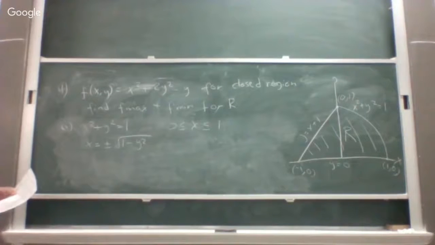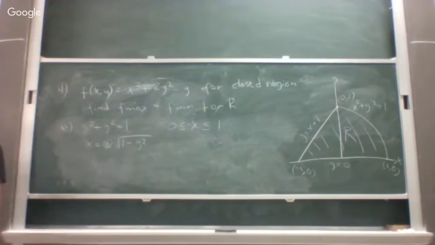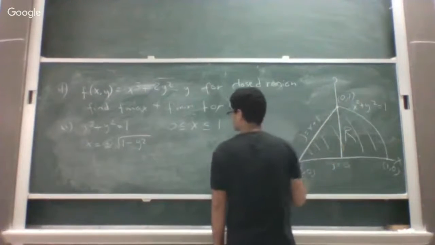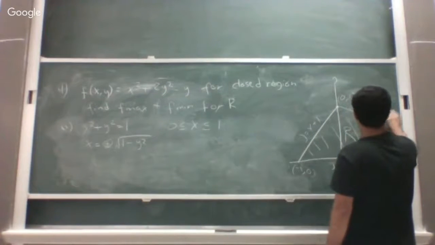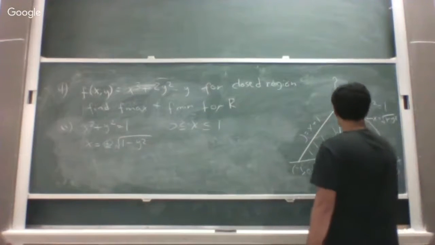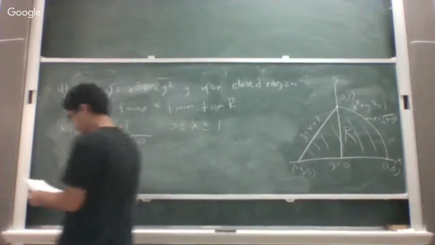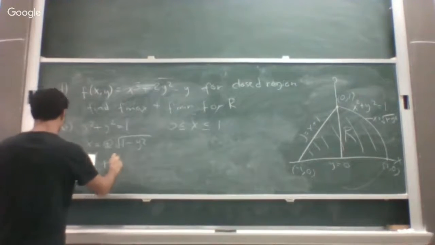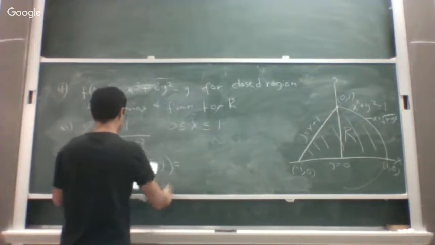But is it a positive or a negative? Since we are on the top, this is a positive. So x is equal to the square root of 1 minus y squared. If we were under the curve, it'd be negative. So then our function is actually the square root of 1 minus y squared, comma y, equal to,